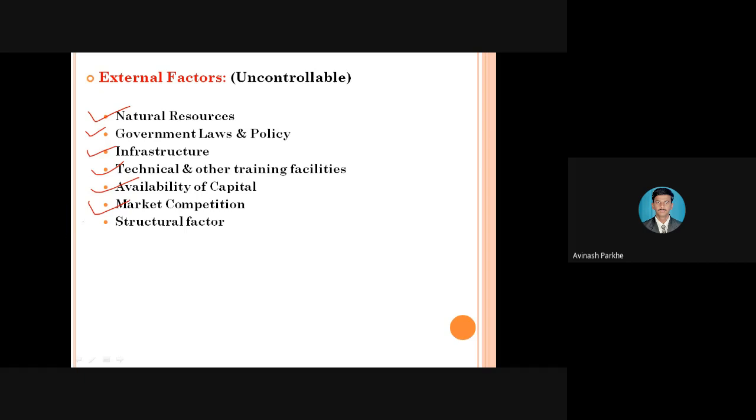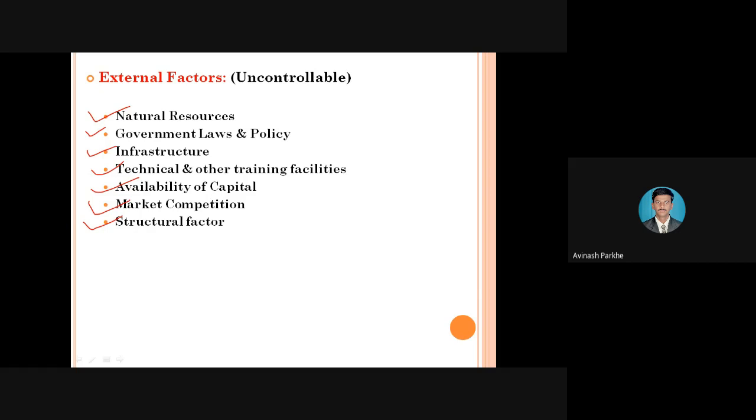Then structural factor, just now we have discussed, that is infrastructure. Which type of structures we have to provide? Because if you go through the metro cities, maybe Bangalore, maybe Pune, then Mumbai, in such cities there are some limitations to build your infrastructure. Only within those limitations we have to build your structure. If you cross the limit, automatically there may be some action from the government.